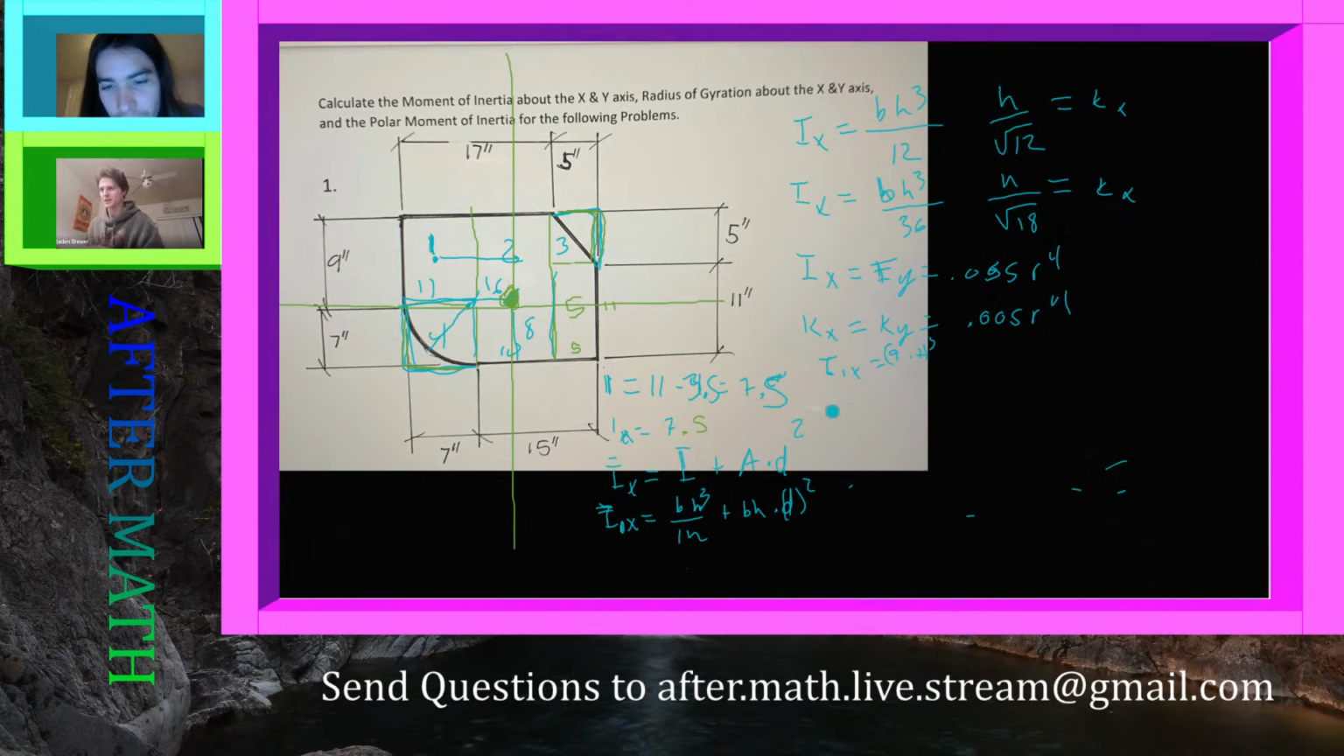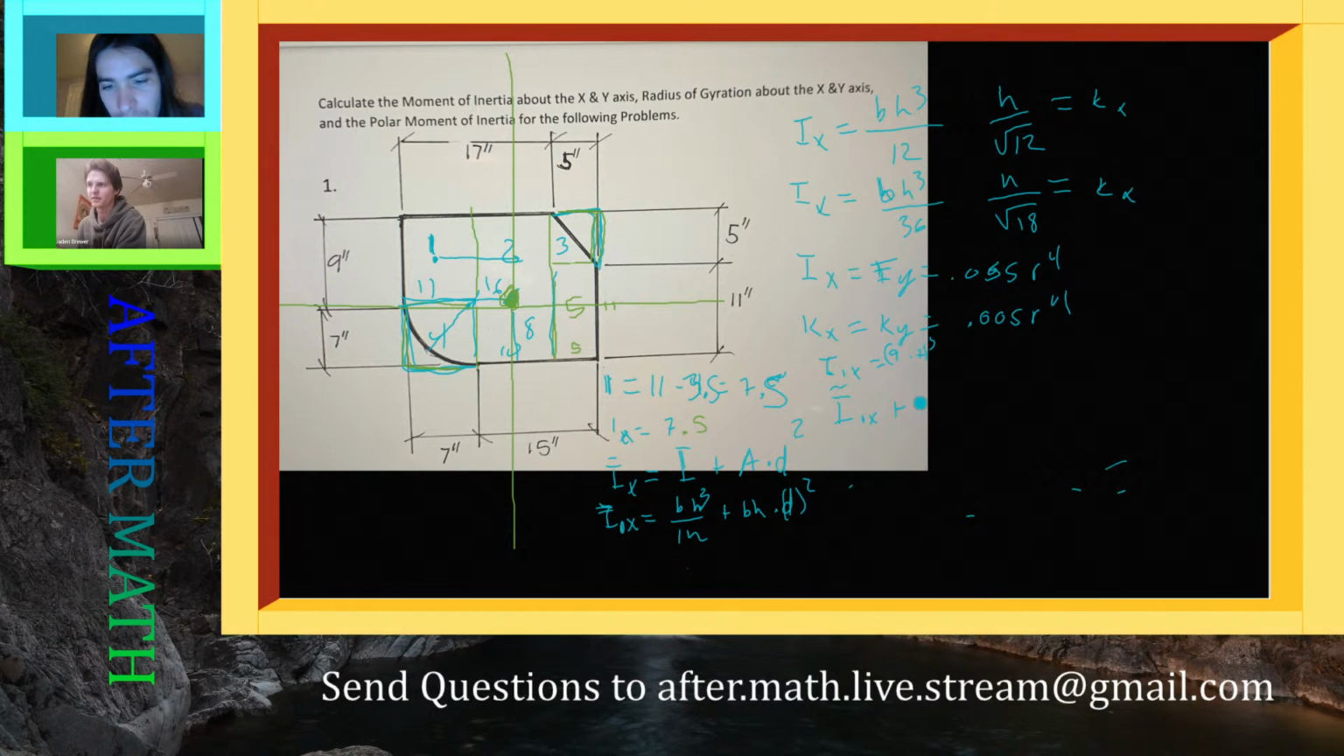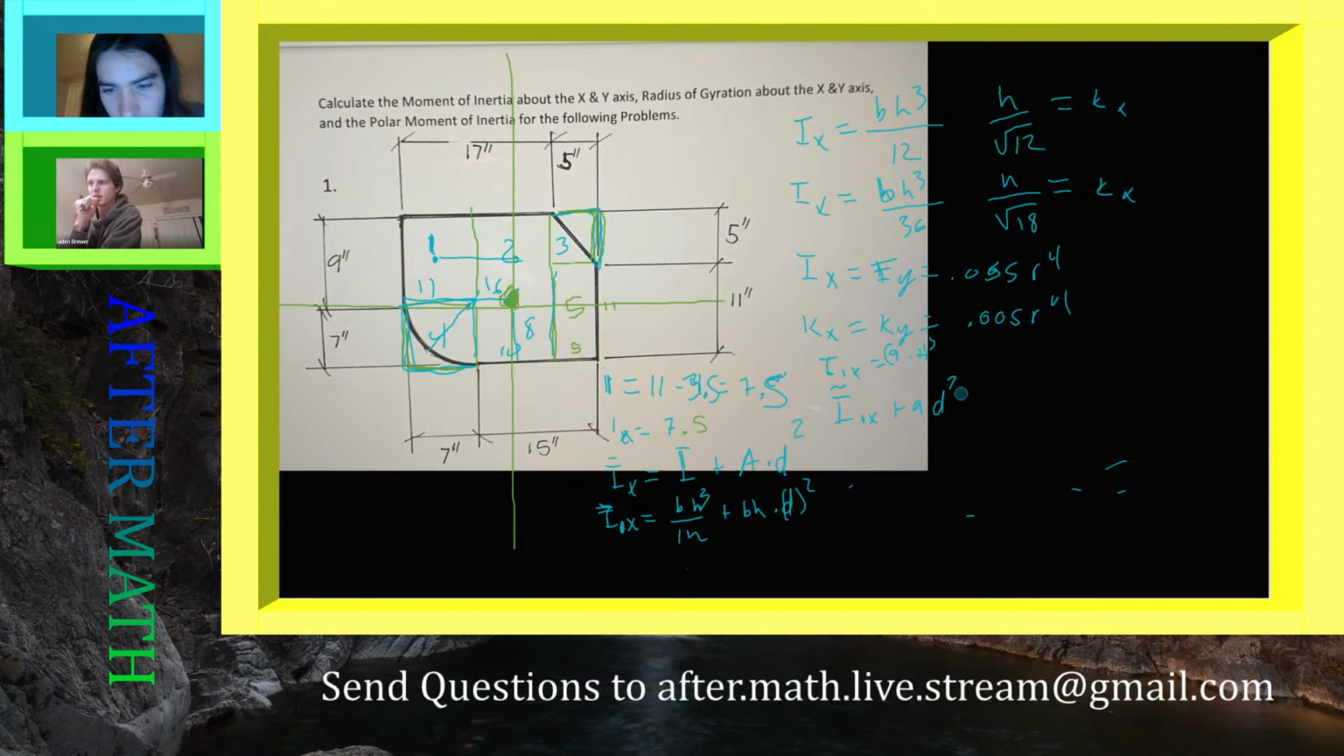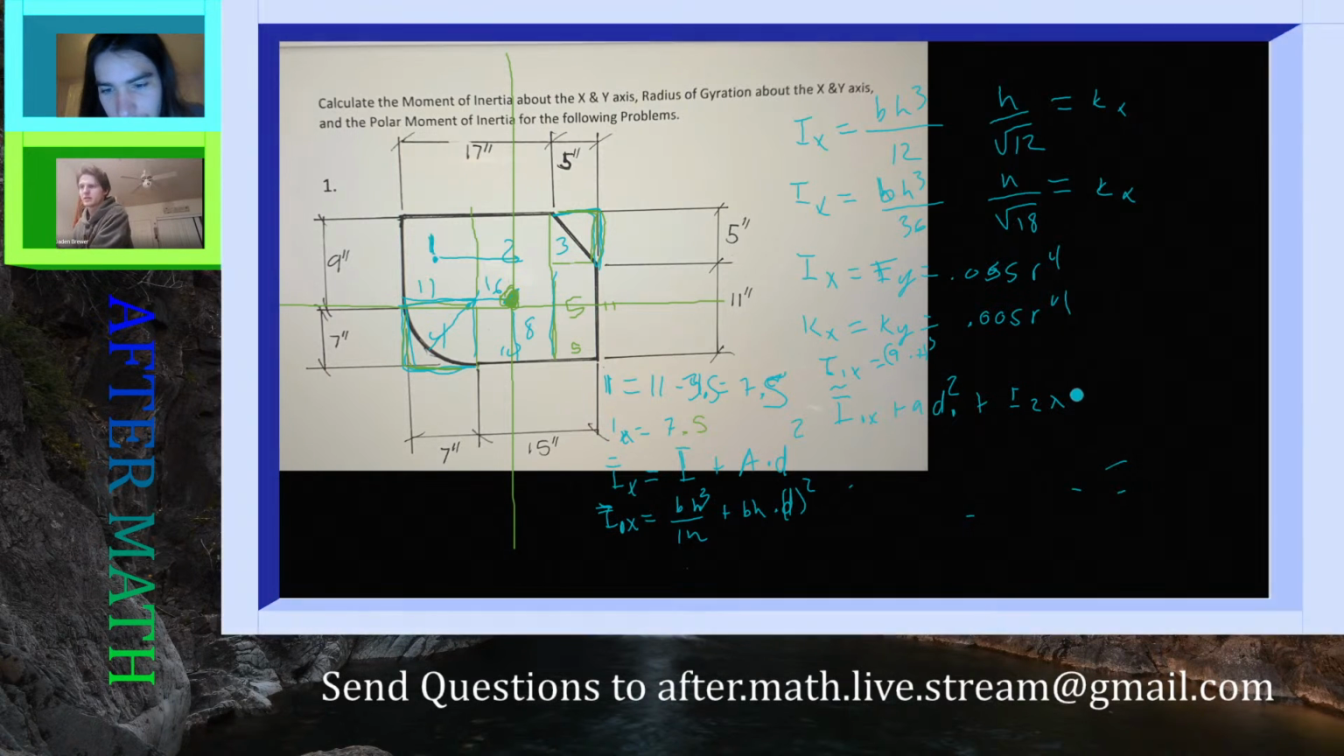Just to be clear, the moment of inertia of this whole thing would just become, for the I of x, right? It would be the summation: I1x plus A1 d1 squared, plus I2x plus